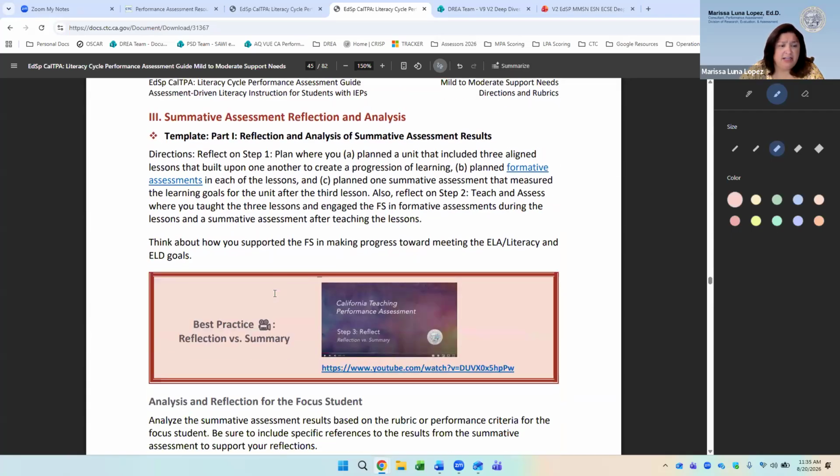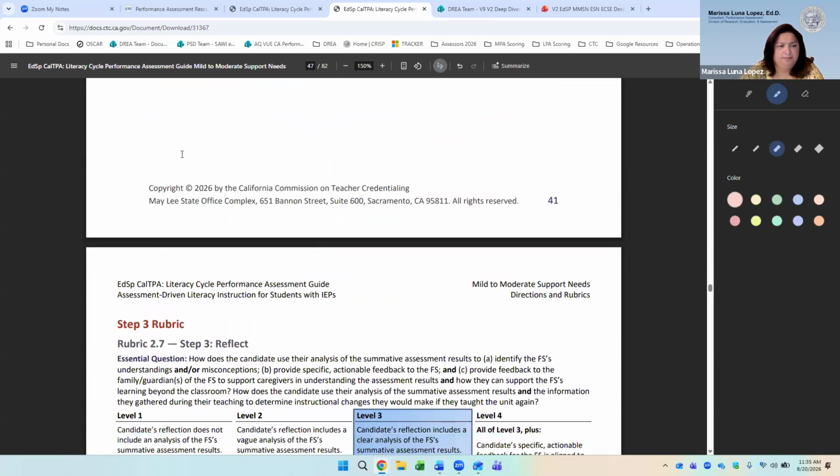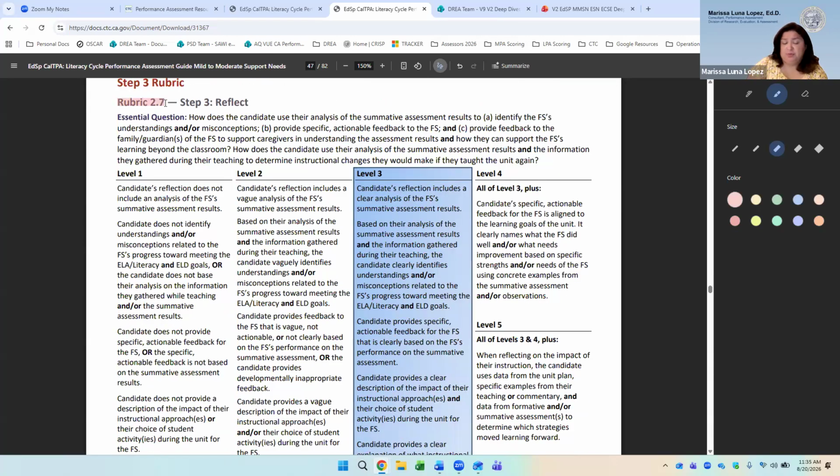So then the candidate is asked to analyze and reflect upon the focus student's work. So let's go ahead and head to the rubric for this. Okay, this is another pretty dense rubric because there are a lot of different key components to the reflection piece. But starting with the top of level 3, their reflection includes a clear analysis of the focus student's summative